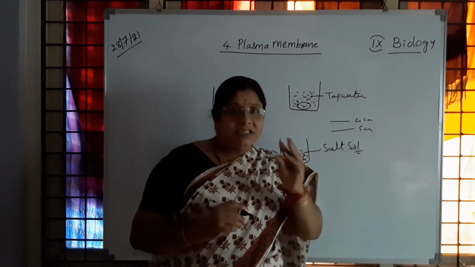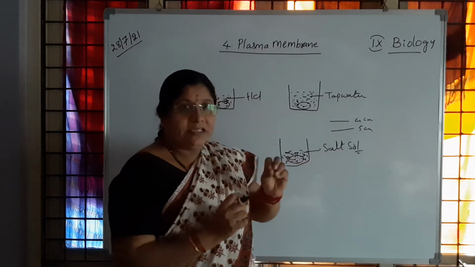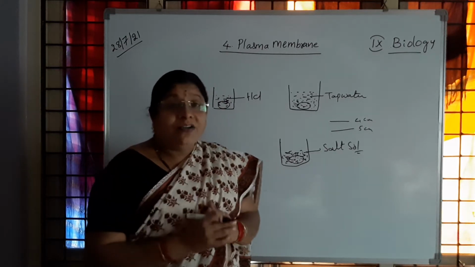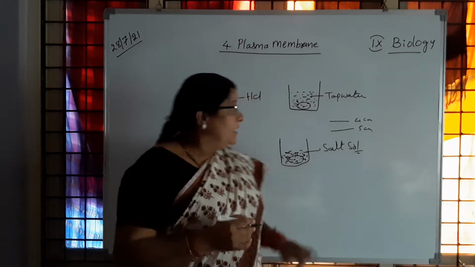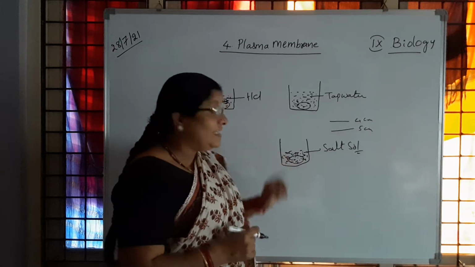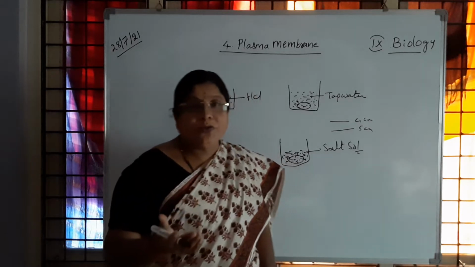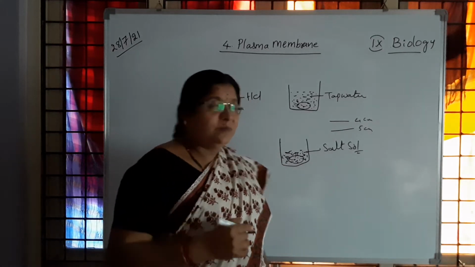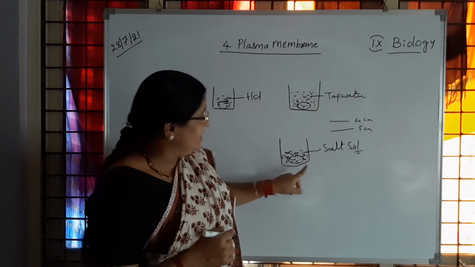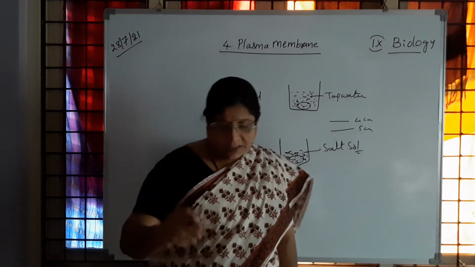And that results in shrinking of the egg, and that shows the difference, lesser size, lesser circumference we are going to observe. So what you are going to understand is, in this activity water is moving inside the egg. In this activity water is leaving the egg. Is it not? So now in both places we are observing water movement, but in this one we are using tap water, and in this one we are using salt solution. Is it not, children?